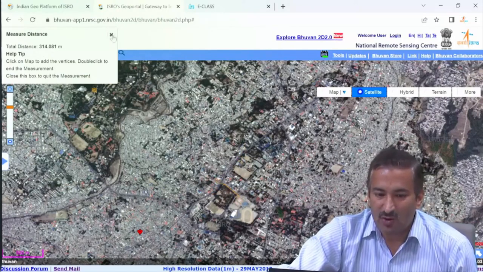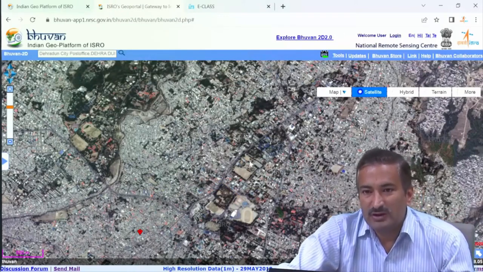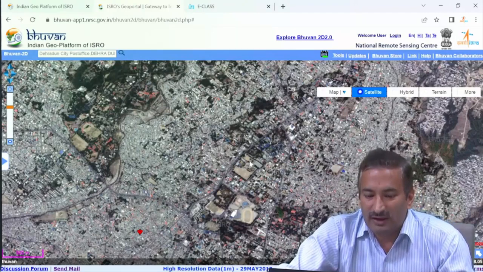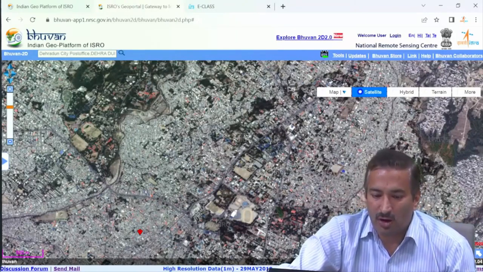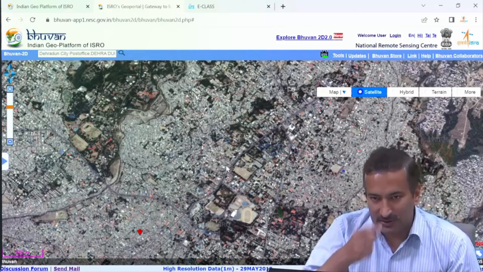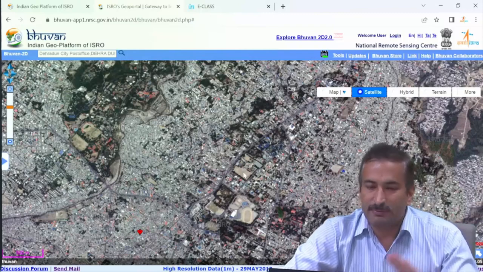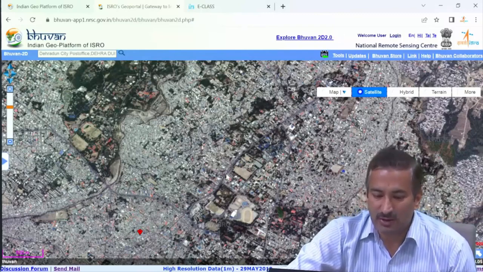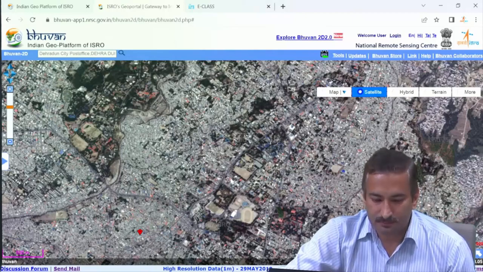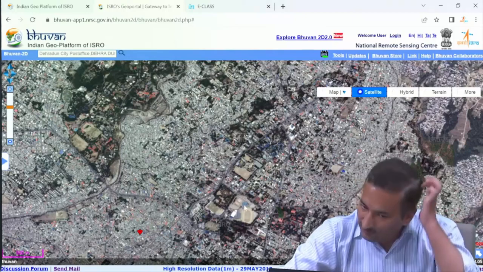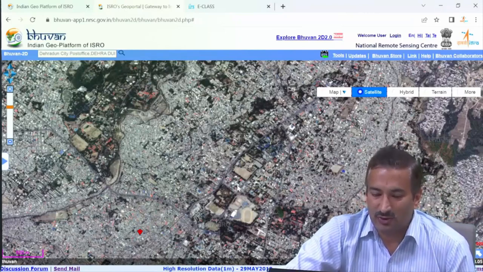From this satellite image I am able to make measurements which are true to the ground. Whatever measurement I do on the ground, the same measurements can also be performed on these images, since these images are geo-coded or geo-referenced with respect to the surface of the earth. That's why we are able to perform all these measurements on this image. Now our target was to find out the area of our institute, that is IIRS, the Indian Institute of Remote Sensing.